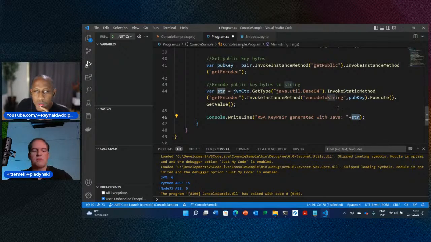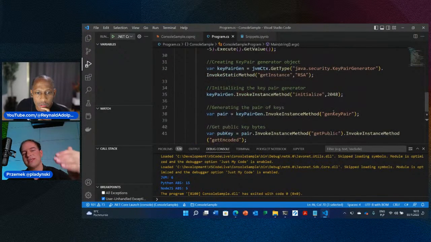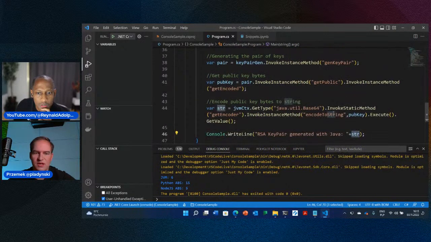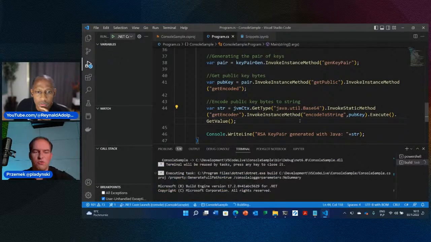keypair generation, but I want to show you that even such a much more complex steps where you are retrieving some reference object, not only the values like number, which you can pass later on as an argument to following Java methods as arguments, are also fully supported with this approach.